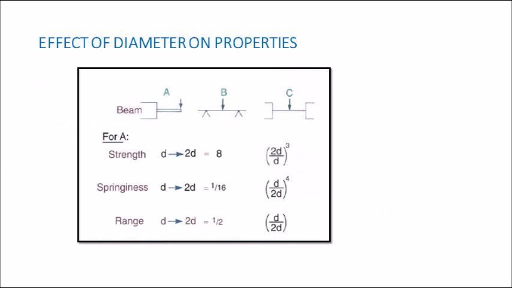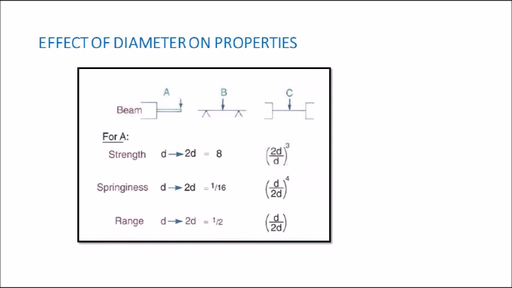Now let's talk about how changing the diameter of your arch wire can bring about changes in the mechanical properties. So we are seeing the arch wires here. We can see there is a cantilever beam, and a beam supported at both ends. Whatever be the case, changing the diameter of a beam, no matter how it is supported, can greatly affect the properties. For example, first we will see the strength. The strength is directly proportional to the diameter of your arch wire, and if the diameter of the arch wire is doubled, then the strength increases as a cubic function of the diameter.